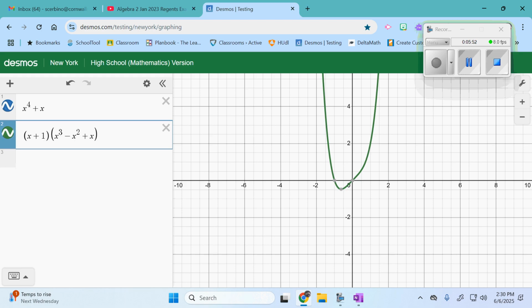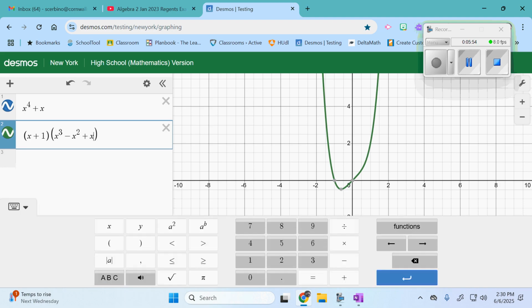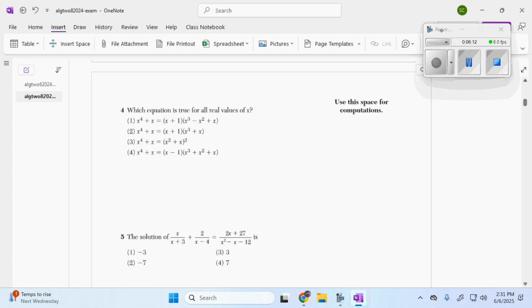Just to show you what it would look like if it wasn't the right answer, like say we plugged in choice 2. Choice 2 says that we think it's equivalent to x plus 1 times x cubed plus x. We see that those are not the same graphs, so those are not equivalent. So although this was asking you to really factor, like the essence of this question was they wanted you to factor all of these expressions and see which ones can be manipulated, well, really you could have just done it on the calculator to get answer choice